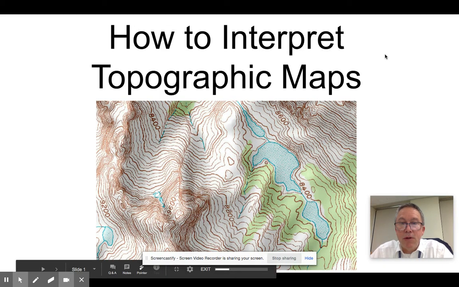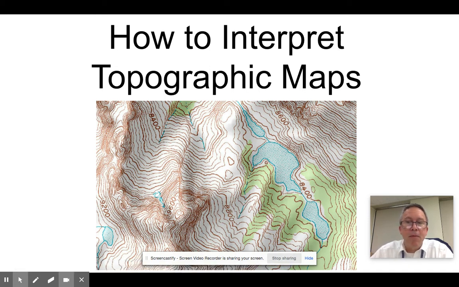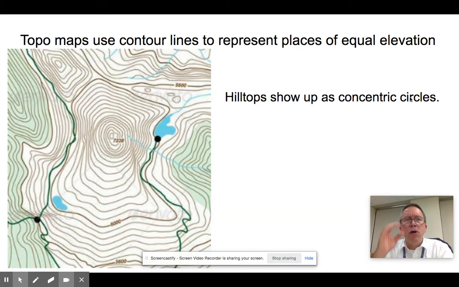It occurred to me that if I'm going to ask you to be able to delineate watersheds from maps, I should talk to you a little bit about how to interpret a topographic map. I realize this is something maybe some of you don't know how to do, so let's just go ahead and do it. A topo map, or topographic map, uses a concept called contour lines to help us